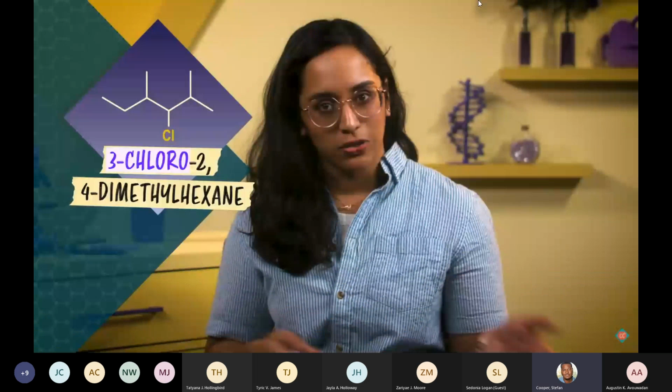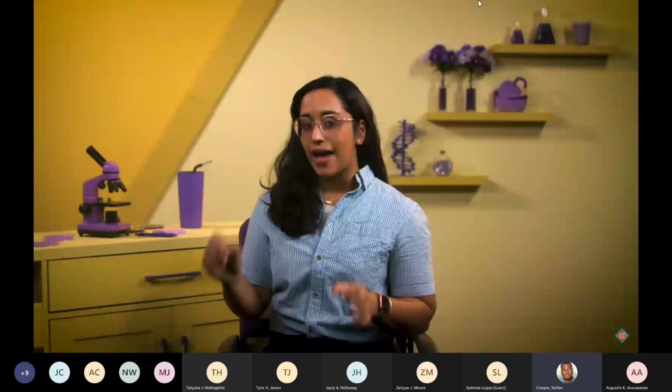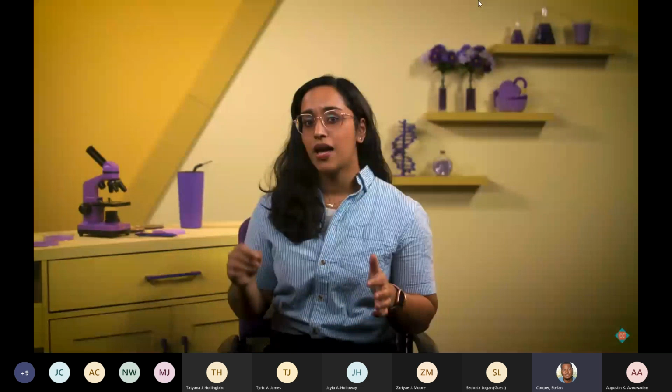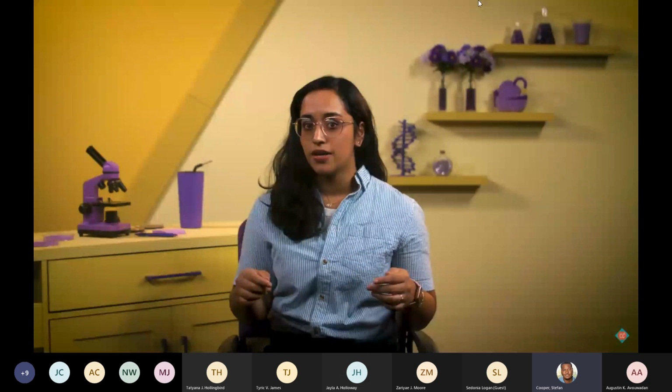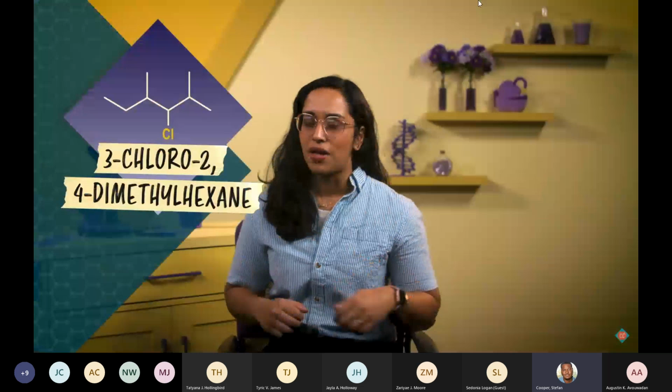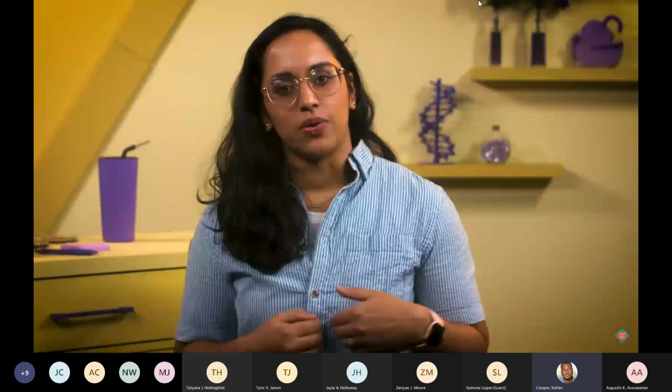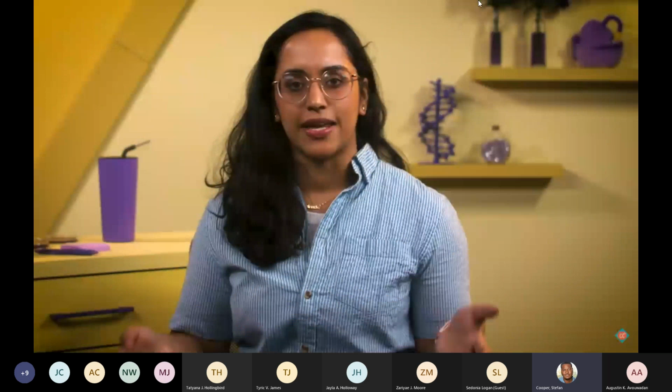Lastly, when we add substituent prefixes, IUPAC rules say we need to put them in alphabetical order, and the multipliers di, tri, and tetra do not count when we're alphabetizing. So this molecule is named 3-chloro-2,4-dimethylhexane. These rules about substituent prefixes are mostly the same for alkenes and alkynes, except when it comes to numbering